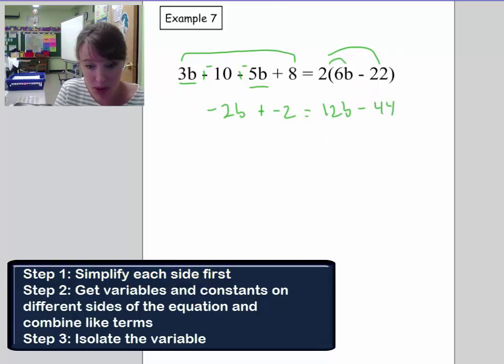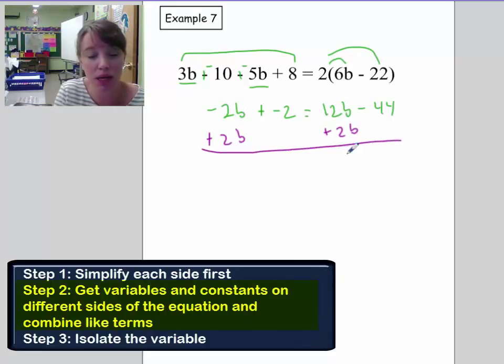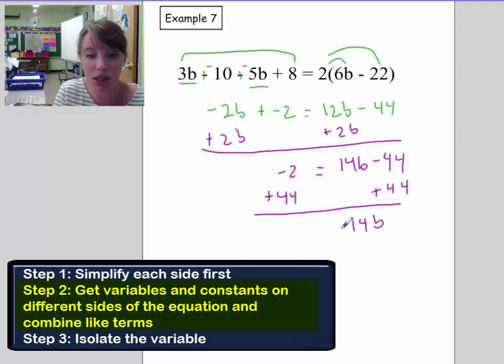Now we have variables on both sides. So what I'm going to do is add 2b to both sides, because I looked at both 12b and 2b, and I realized that if I added 2b, I would get a positive 14b here, and I like to work with positive numbers. Okay, so I'm going to add 44 to both sides. So I have 14b is equal to